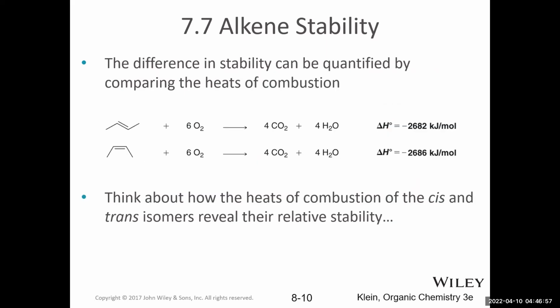How do we actually quantify, though, the difference in stability? We talked about the fact that there's steric hindrance in the cis configuration that makes it higher in energy or less stable. But how can that actually be measured to confirm that belief? The way that we can do it is, of course, heats of combustion, and later on, there's a reaction we can do called hydrogenation that could also be used. But for now, it can be confirmed with heats of combustion.